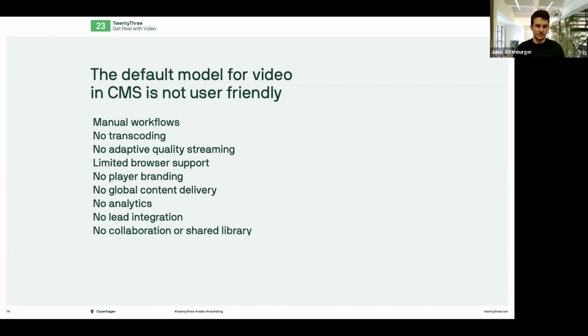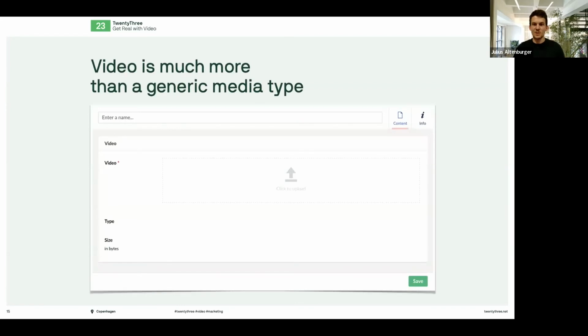So we think that video is more than a generic media type, and also want to enable everyone to bring video on their websites.